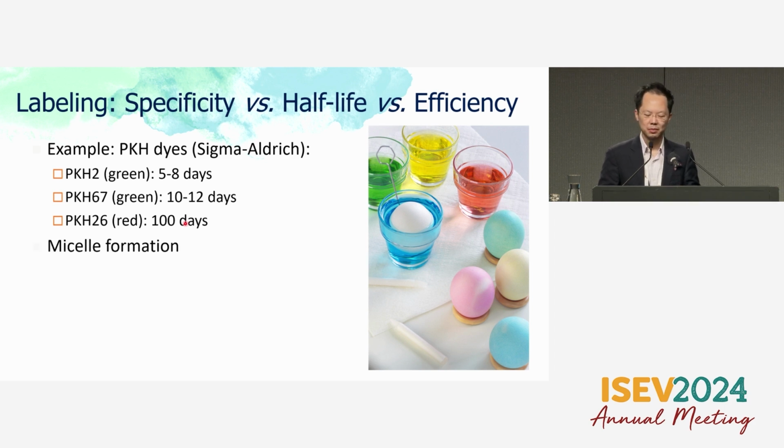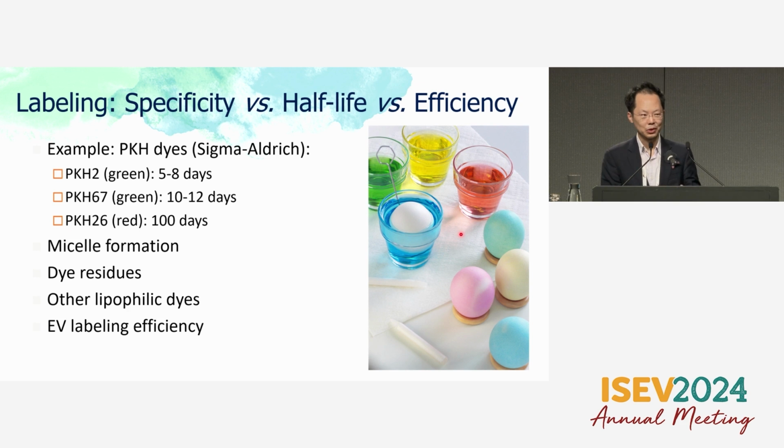Later, a lot of people start to report that these are lipophilic dyes. They actually do form nano-sized micelles, which can give you false positive signals. Once you label them, just like the Easter egg on the right, if you know what this is, once you label them, you have to get rid of the dyes, right? How do you get rid of the excess dye? So that's another question. And then you learn from Rosella's talk this morning, the isolation itself is complicated enough. Imagine trying to get rid of the dyes. Problematic. Similar principle applies to other lipophilic dyes.